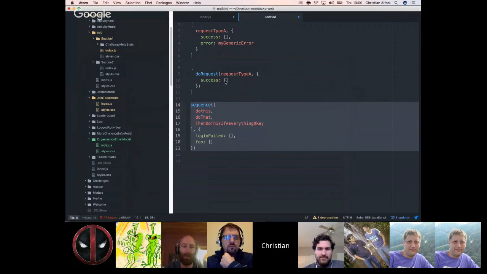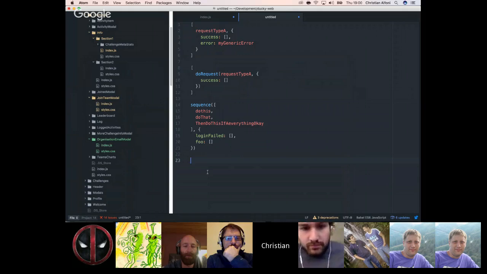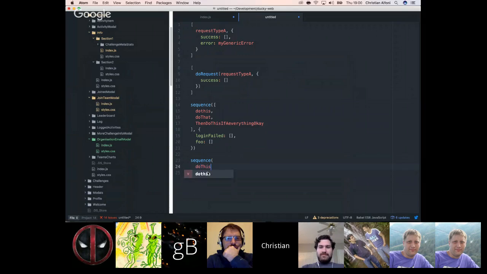Otherwise, you don't. And one thing I see now, which is really good with this discussion, is that there's one thing we need to fix in the current pull request of sequence and parallel, because now sequence is, well, we don't have to, but maybe we should. Now sequence works like this: do this, do that. So we should probably force an array there to give the opportunity to pass multiple arguments. I don't know, we can still do it, of course, if the next argument is an object, but